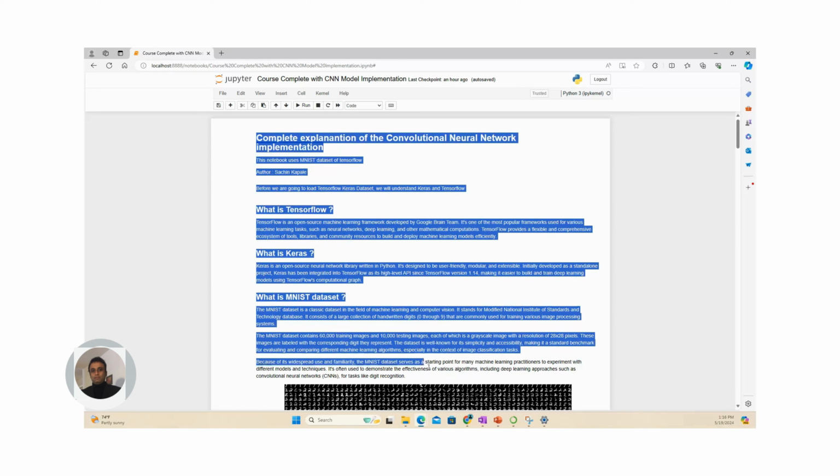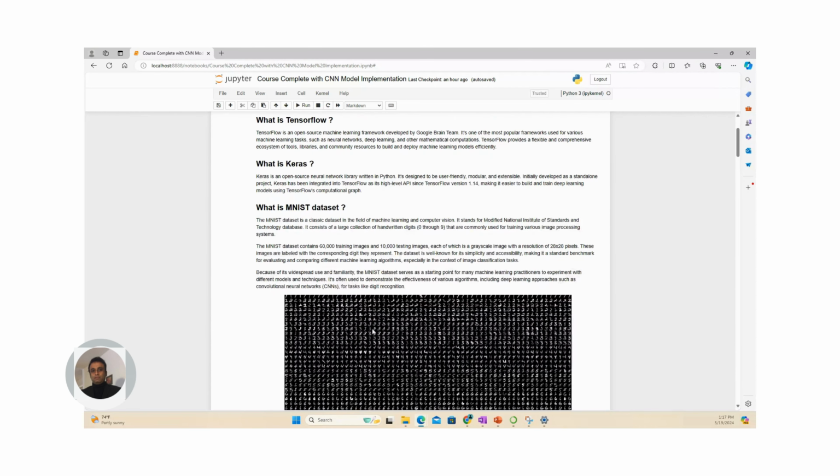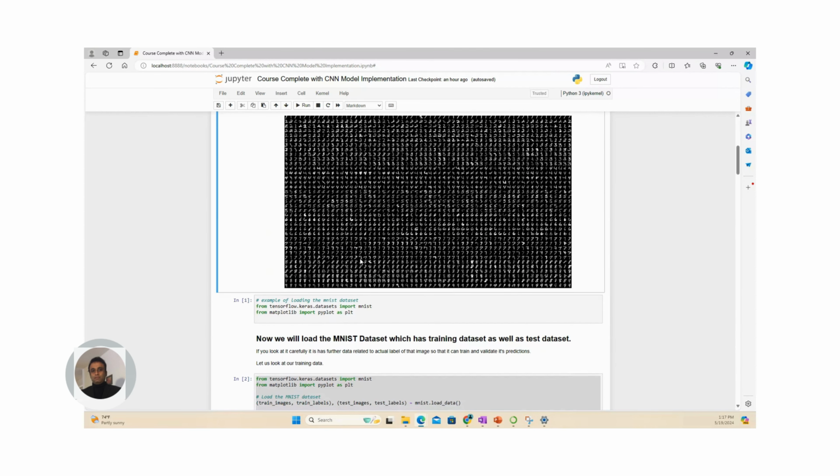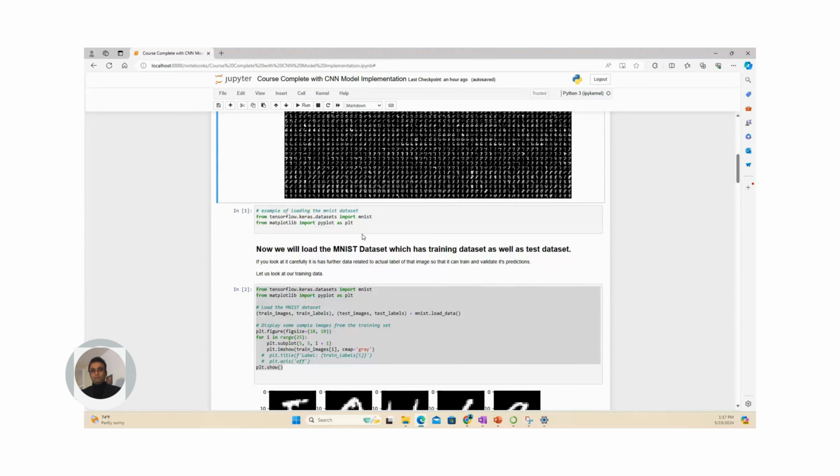The first one is documentation. As you can see, it is well-formatted documentation, which also includes the multimedia support I was mentioning. I have pasted a screenshot for understanding purposes. In the same cell,